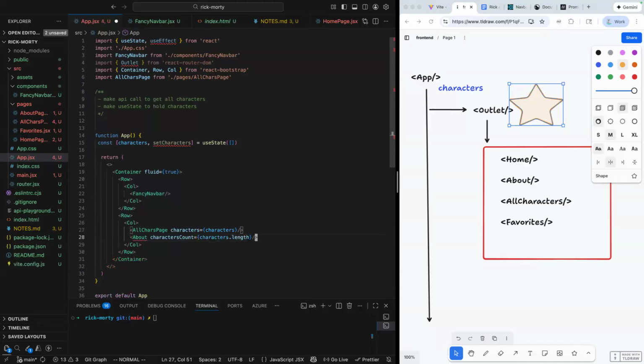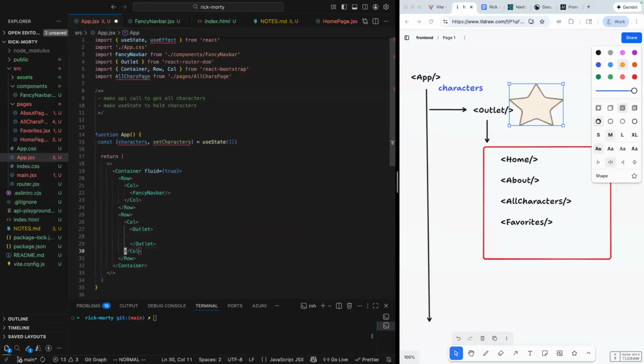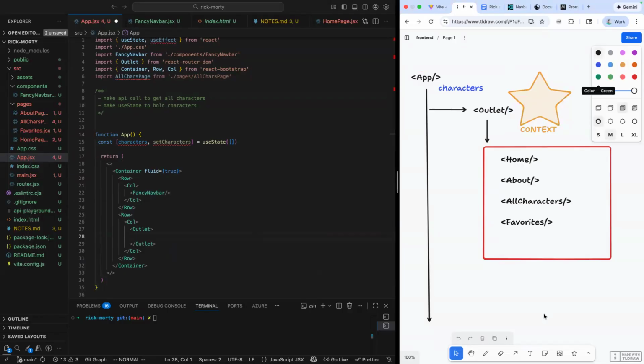But because these are really inside an outlet, inside the outlet, yeah, I can't pass them in directly. And at this point, I have to use the semi-magical context. Yeah, exactly. And whatever I put in context, let's see if it lets me draw on top